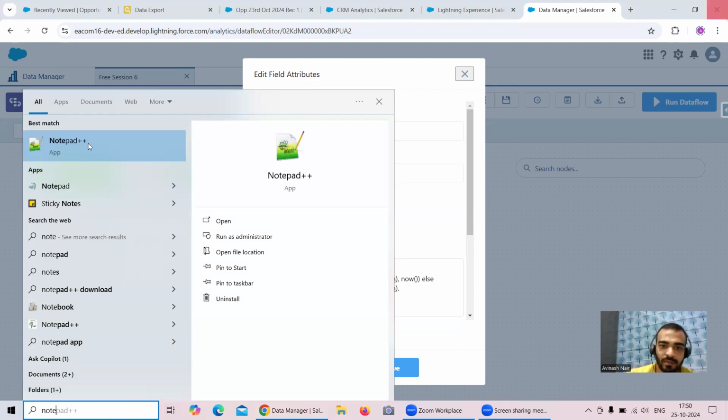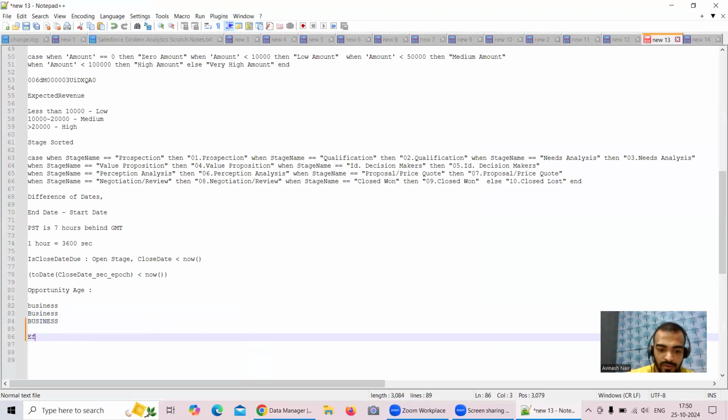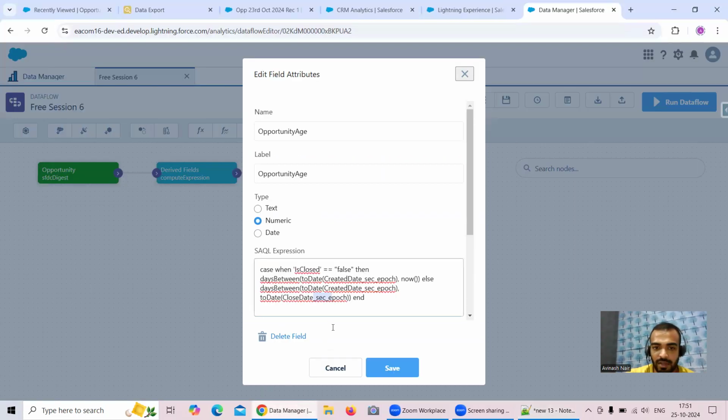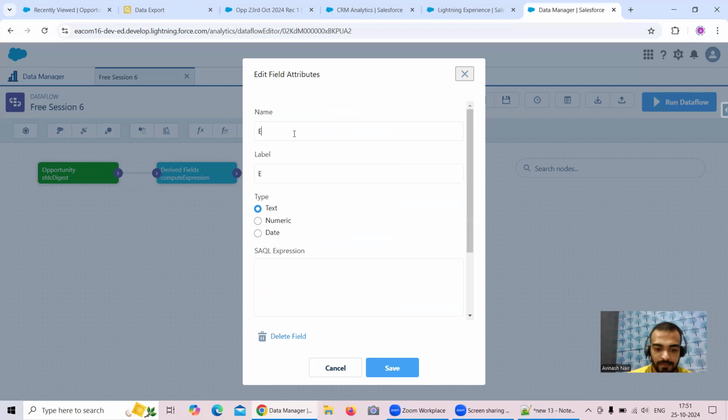Okay, so now coming back to this topic, today we will calculate something called the effective date. Okay, so we will calculate something like effective opportunity age. Now what I'm going to do is, here first of all I will check, for example, if I come to this expression,